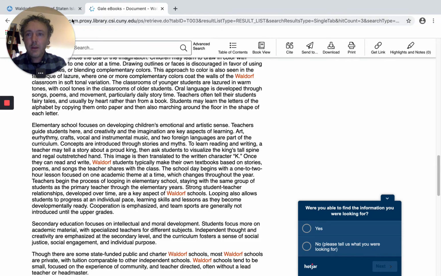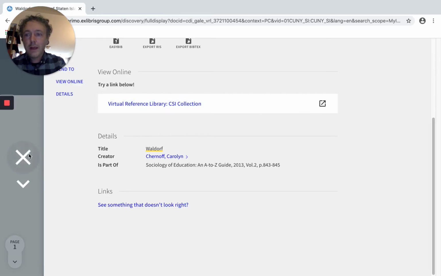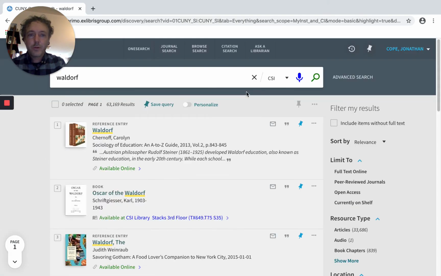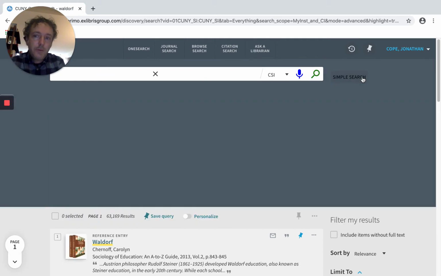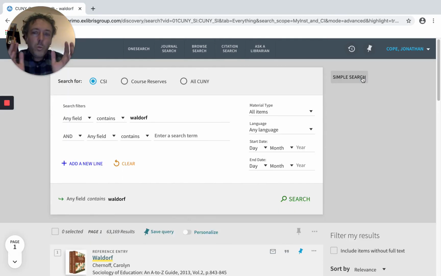But let's say, for the sake of argument, and I'm sure for this paper, that that's not enough, right? We need to find more. And I would want to go back to my list of results and get more specific. So what I'm going to do here is, you see there's something called advanced search. I would recommend you use it and befriend advanced search because it makes your life much easier, right? Because again, when we're dealing with an academic search, specificity is really what we are looking for here,